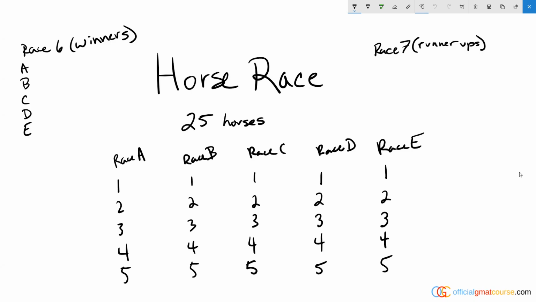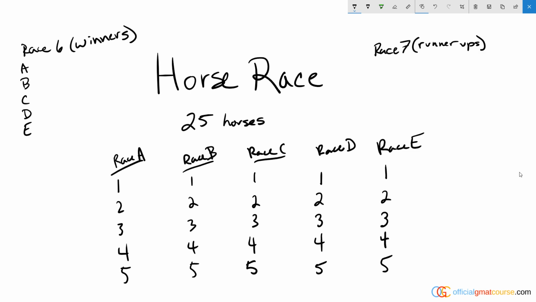All right, so we have a horse race. We're trying to find the top 3 horses out of 25 horses in a horse race, but we can only race 5 of them at a time. So what we want to do is, first of all, make sure that we race every single horse. And since we can only race them 5 at a time, we're going to have to run at least